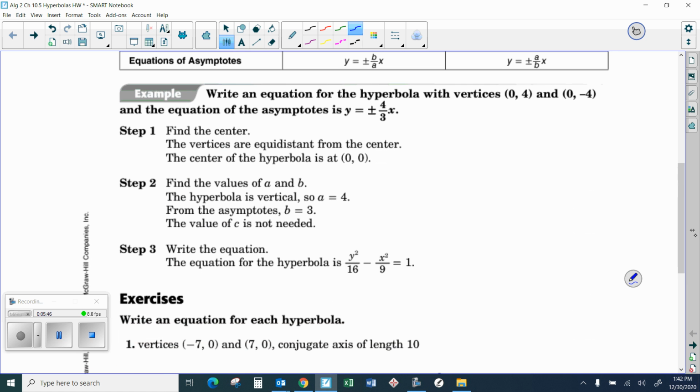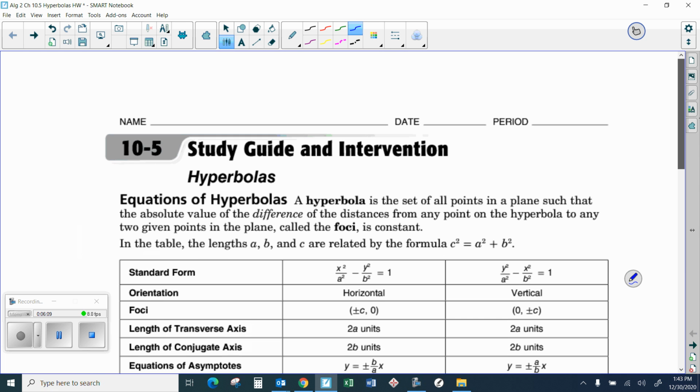Write an equation for the hyperbola with the vertices (0, 4) and (0, negative 4), and the equation of the asymptotes is y equals plus or minus 4/3 x. Okay, with vertices (0, 4). So technically, if I had my graph back up there real quick, if I had this one right here and this right here,